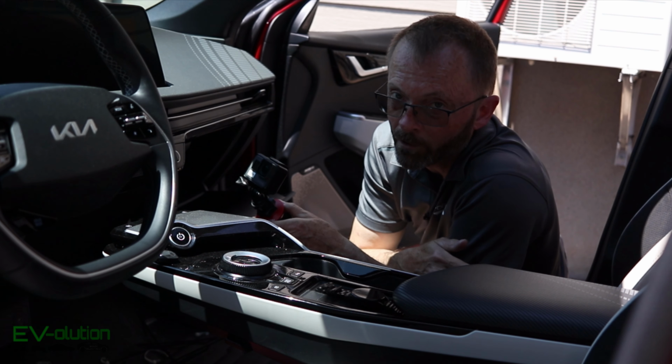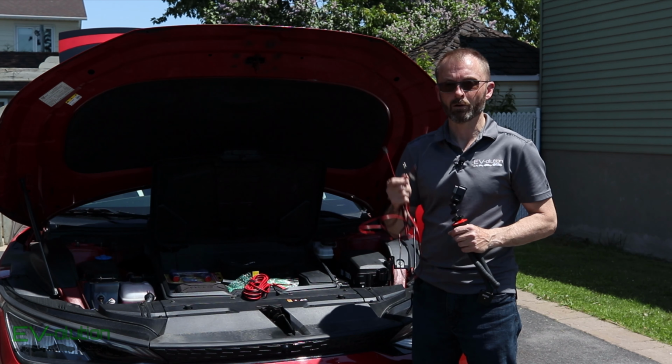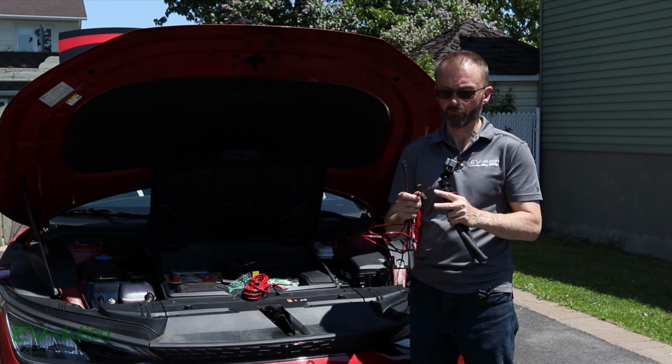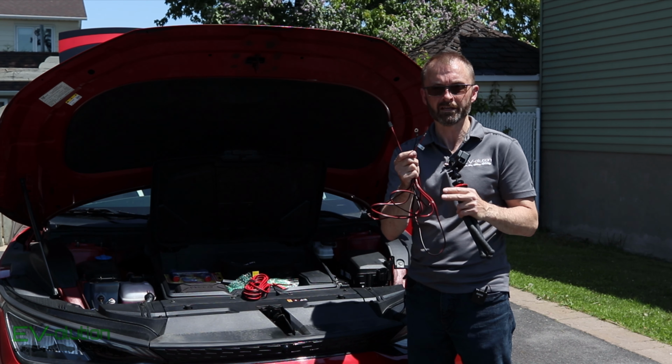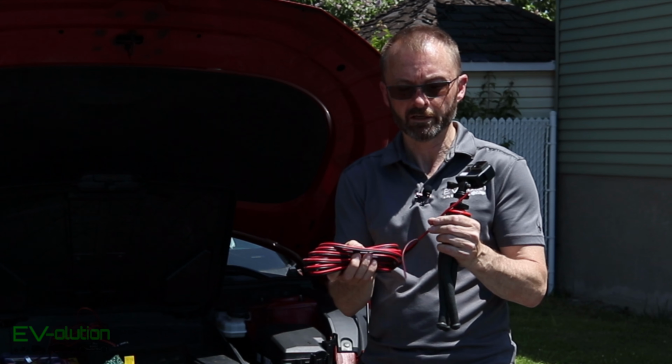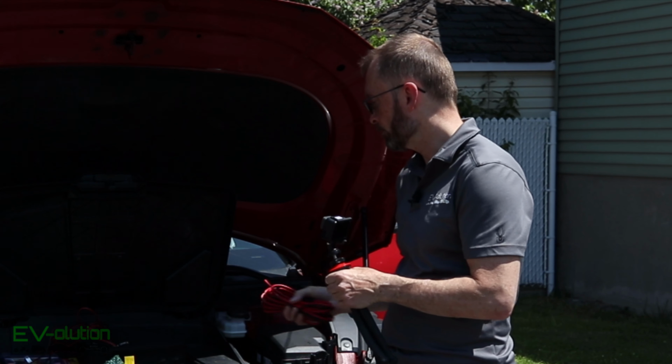Let me show you exactly where I'm going to run that power wire. This is the power wire that's supplied by Blackboxmycar for the Powercell 8, and it's got the connector, as I mentioned before, for the Powercell 8, and then you've got the power in. This is a 14 gauge wire that I purchased, and I'm going to be running the red wire from the battery positive terminal,